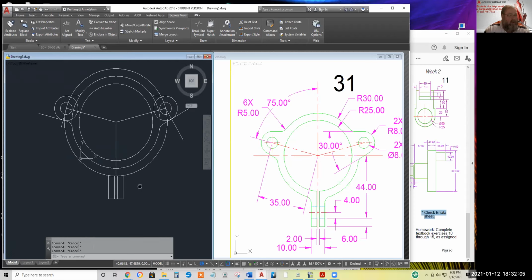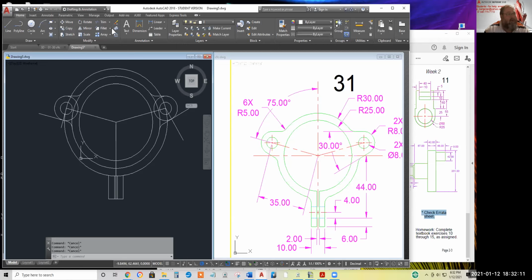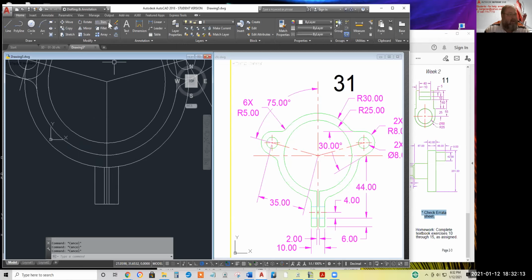I think we're ready to trim and erase now. Oh, let me put in those fillets first. Go back to home, fillet, click, click, enter, click, click. All right, we'll trim, hit everything as a cutting edge. I should have drawn those lines all the way up, shouldn't I? Up to,